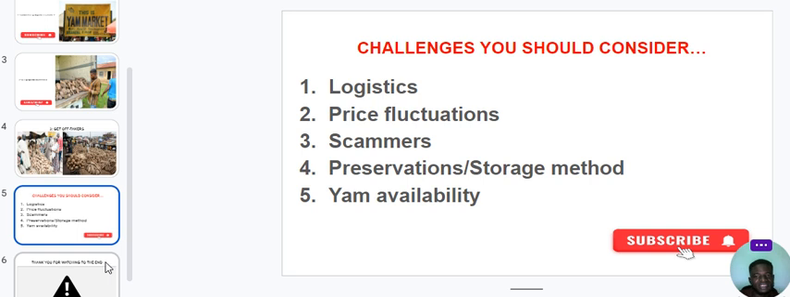And the fifth challenge is yam availability. Yam is seasonal. No matter what we can do, no matter how we try to make sure we have it all the time, we still know that it's seasonal, right? Yam is seasonal. So a time will come where